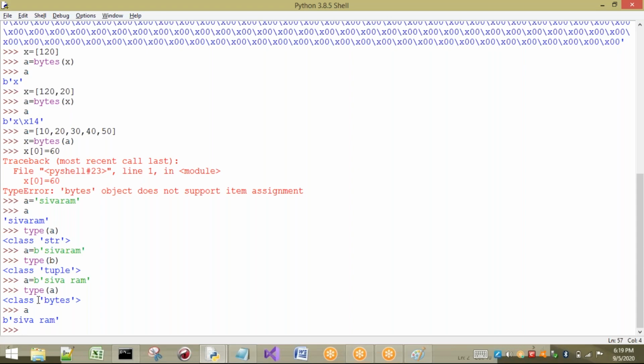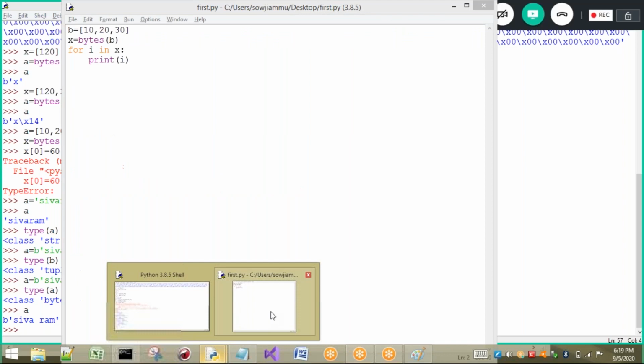Now if I want to see what is meant by S, what is meant by I, and how bytes is storing these values. Generally, what I said to you, if you are going to store a group of values as bytes, compulsorily the value should be 0 to 256. Now how have I stored this Shiva and Rama in my bytes? The reason is internally we have Unicode. For each and every character we have Unicode internally, so that I can store it. S means some value will be there. Let us see what those values are. I will print all those values.